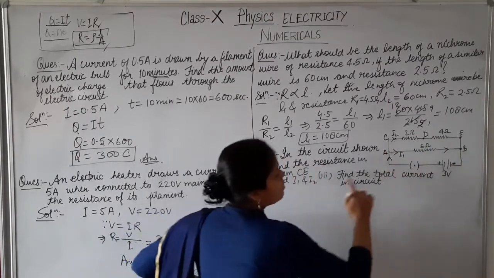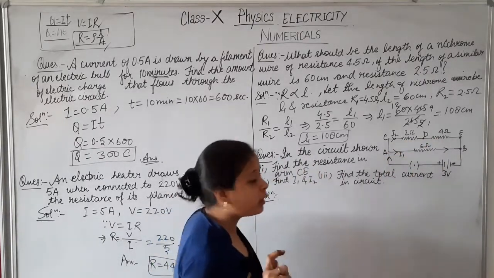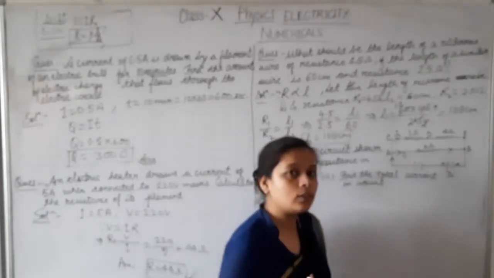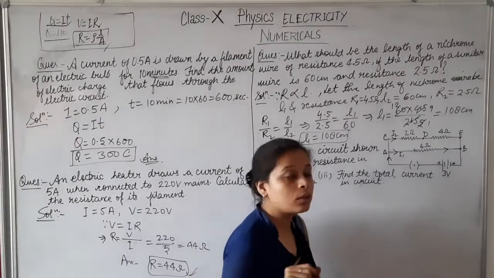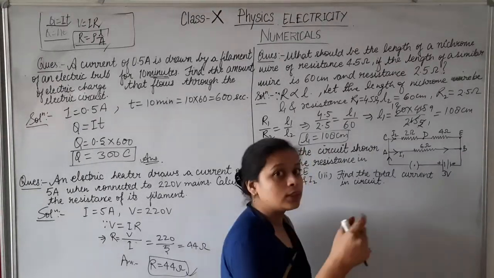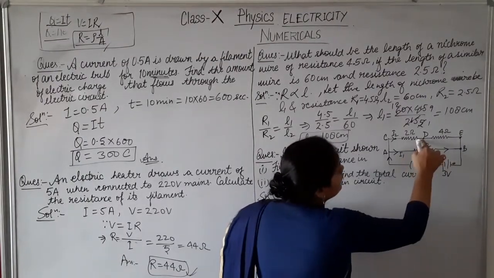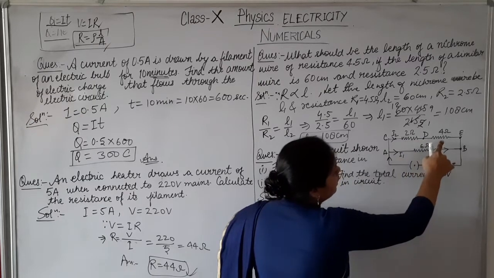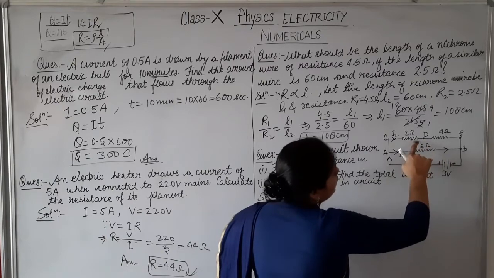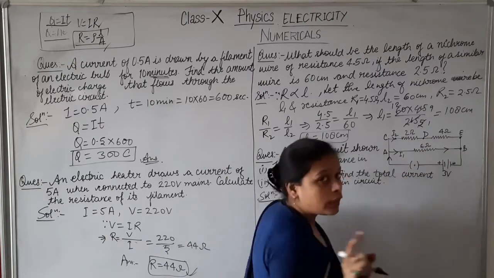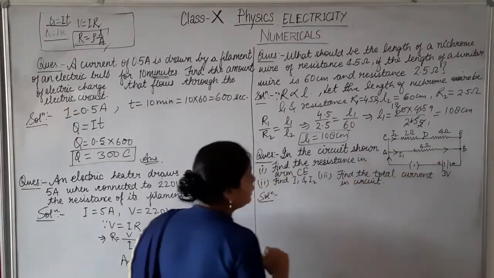In arm CE, as you can see, two resistances are connected, and I have told you that if head-to-head connection and tail-to-tail connection of two resistors are done in a circuit, then they are said to be in parallel. But if the head is connected with the tail of another resistor, it will be said to be in series. Here the tail of this resistor is connected with the head of the other, so they are connected in series. Means resistors 2 ohm and 4 ohm are connected in series.